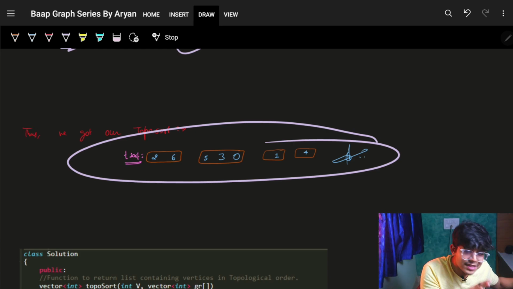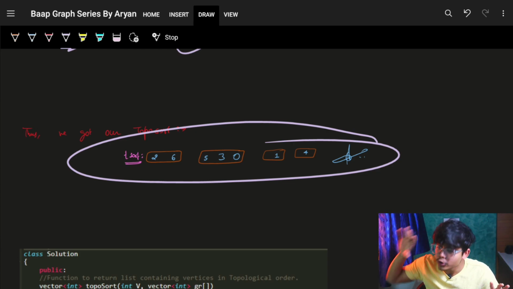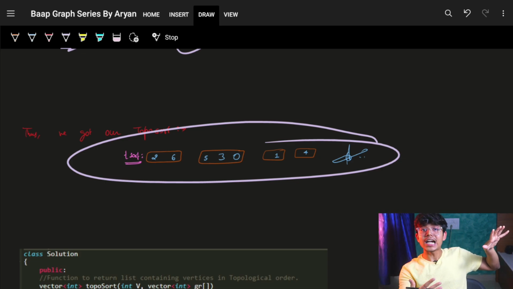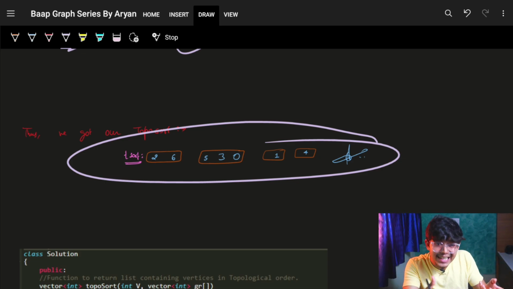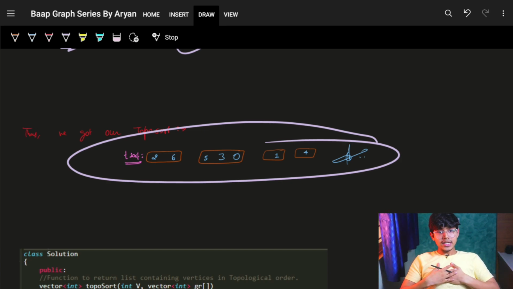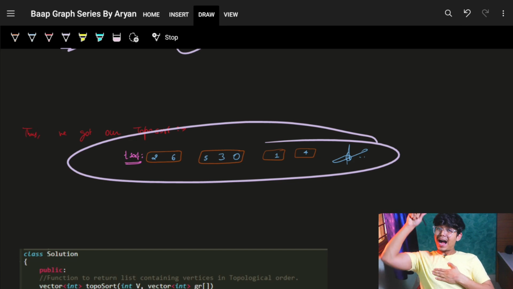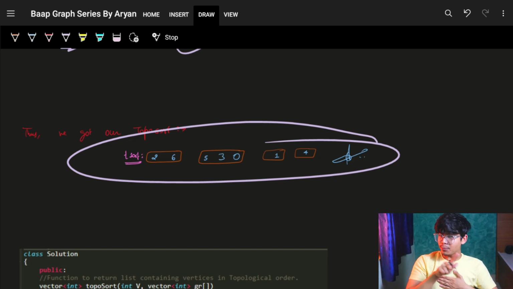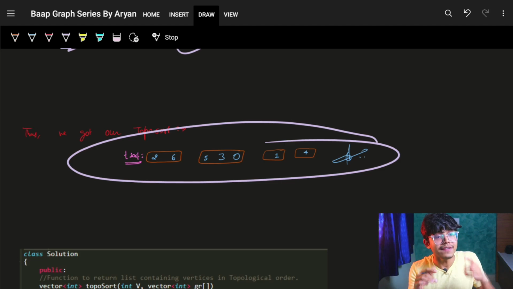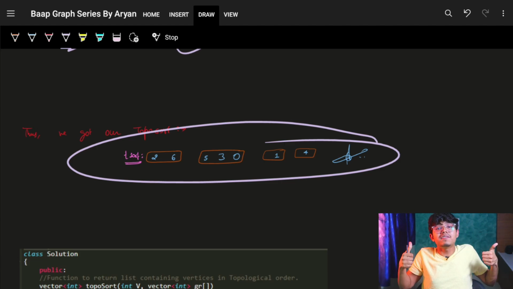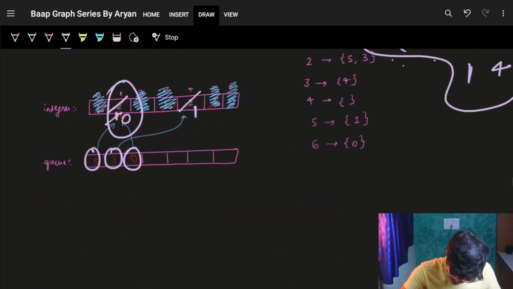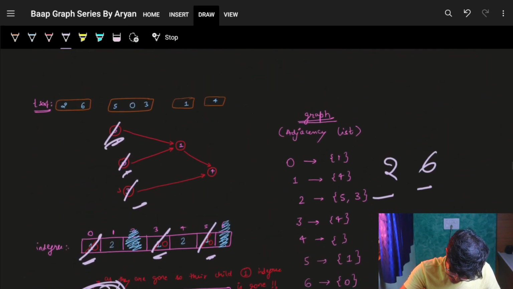The only difference between a standard BFS and a topological sort is that the node to start from, you will choose by seeing the node having in degree as 0, and when you have completed your root node, you have to push in your child. You can't push in your child blindly. You can only push in your child only and only when all of its parents have been visited. As you saw here, when I did